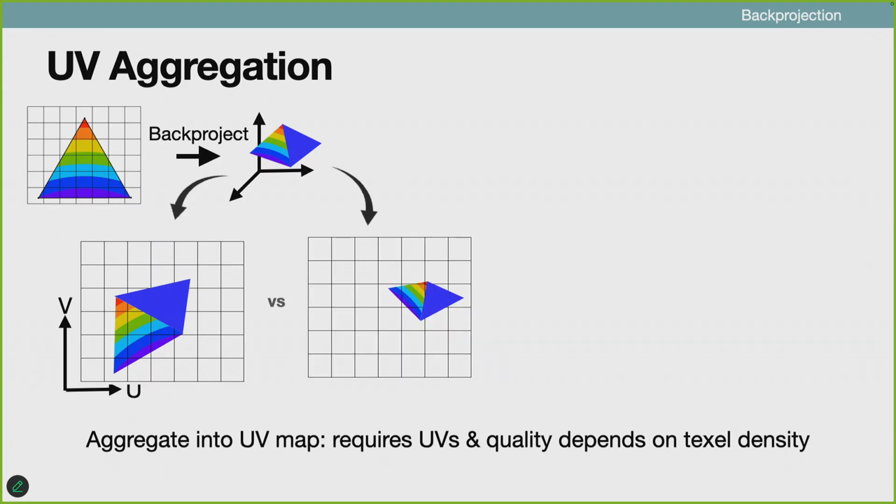Okay. Unfortunately, this also comes with some downsides, primarily that now the quality of your storage is going to depend on your texel density. And what that means is how much surface area of the actual shape each UV pixel occupies will completely determine what kind of loss artifacts you're going to experience. So for example, in the image on the right,